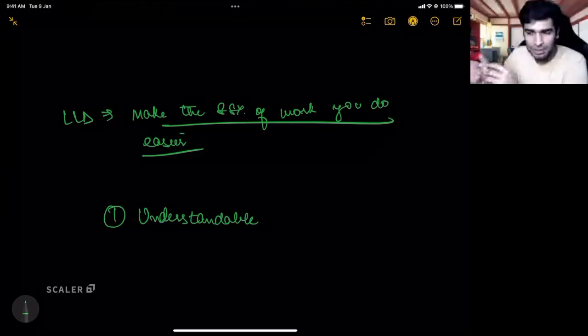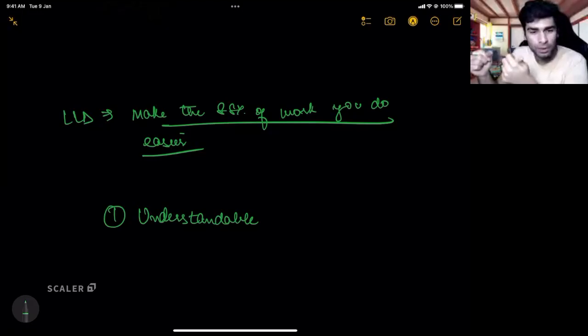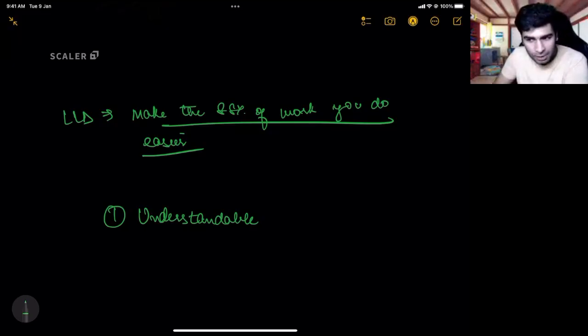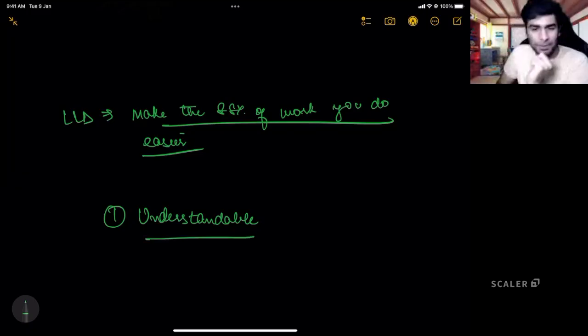A good code is something where you don't even have to read the code to understand it. You by default can assume that okay, there will be some class called this, there will be a method called this, and that's it. It makes your life so much easier. It makes your debugging so much easier. As soon as you encounter a bug, you know that, oh, this bug might be coming from there. Is that making sense? The quality of understandable code so well defined that it doesn't even require extra mental efforts from you to understand what is happening.